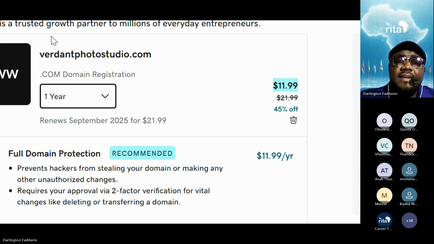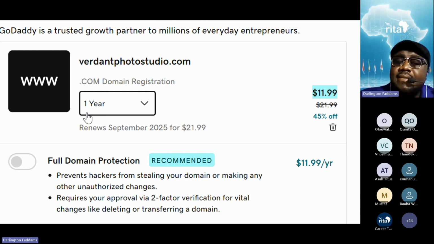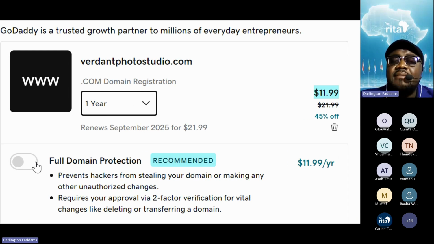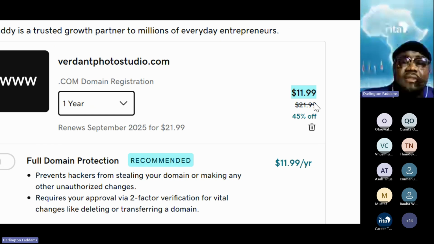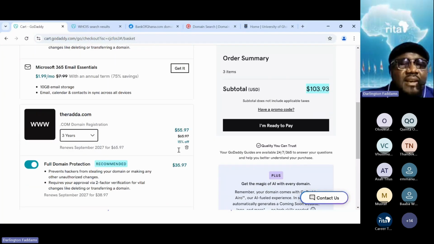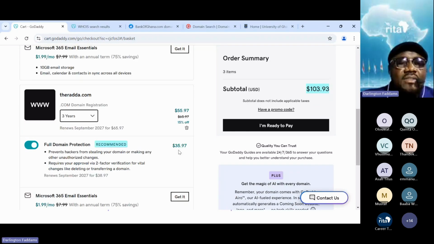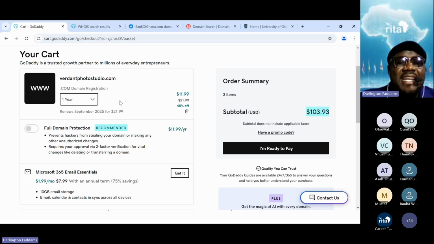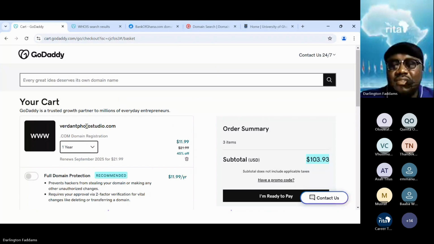Because you didn't add anything, it is 11.99. If you click more, it will increase it. If you are done, now they are giving us a bill of $100. Why? Because we've selected something we don't know of. Let's go and check. Okay. So I have Verdant Studio. We tried buying this in the morning, please. You see, they kept it in the session. Please, I don't want this.